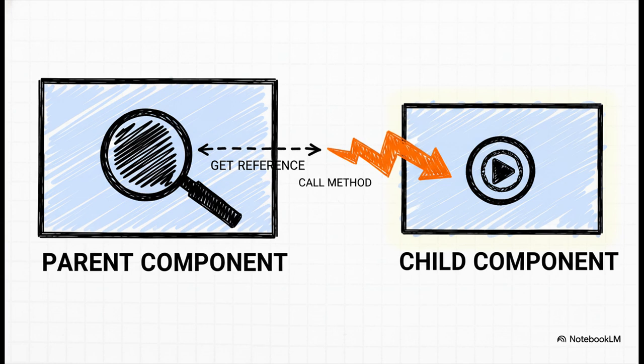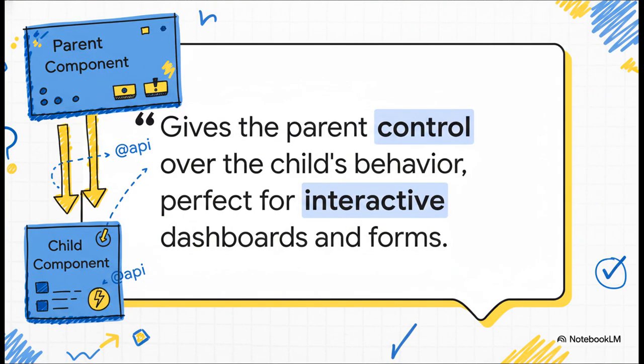So how does the parent actually trigger it? Well, from the parent's JavaScript, it first needs to grab a reference to the child component instance. You can do that easily with this.template.querySelector. Once you have that reference, you can just call its public methods directly, like resetMessage, as if it were any old JavaScript function. And honestly, this is a total game changer. It lets you build these really rich, interactive experiences. Think about a dashboard with a master reset all filters button up top. That one button in the parent component could tell 5 different child components to clear their own filter settings. This is the pattern that makes all that